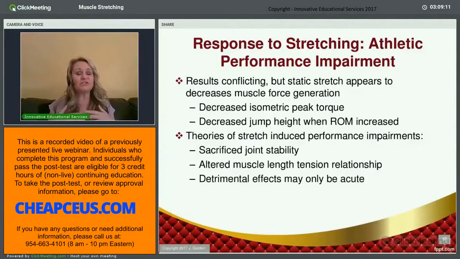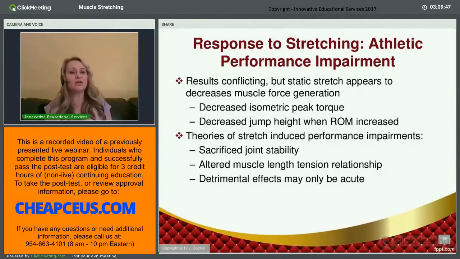If you statically stretch them first and you're establishing a new endpoint, and then you're requesting that muscle to perform its task, you're going to have decreased joint stability initially because it's going to be less efficient in generating its force of contraction. That tissue is more compliant, the muscular tendinous unit, so it can't pull as well on the bone to generate its force. It also can't absorb energy as well. So going right into an eccentric type of activity